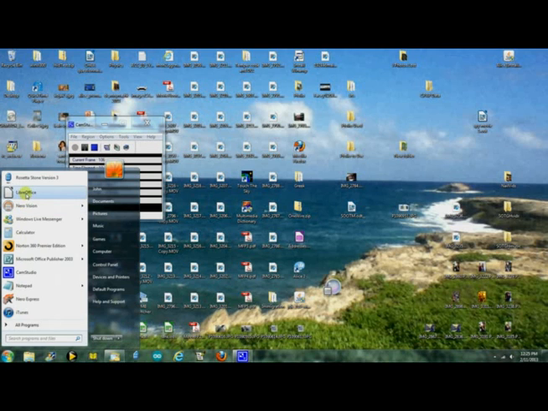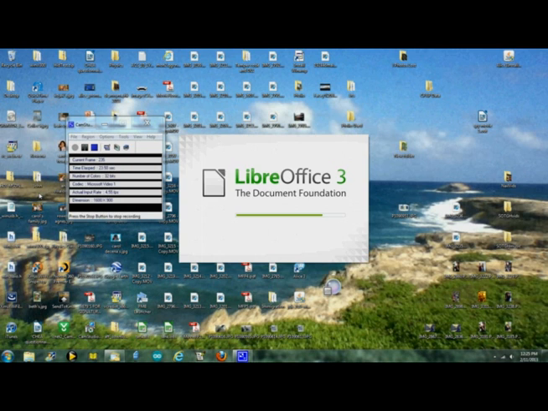First thing you want to do, if you have not yet installed your copy of LibreOffice, go out and get a copy of LibreOffice. Just Google LibreOffice download and find one and install it. If you already have it installed, open it up